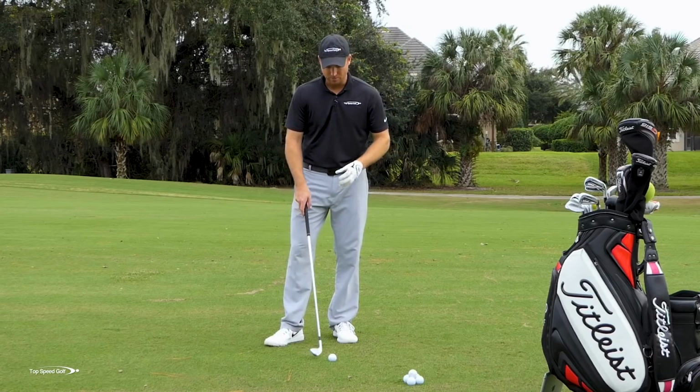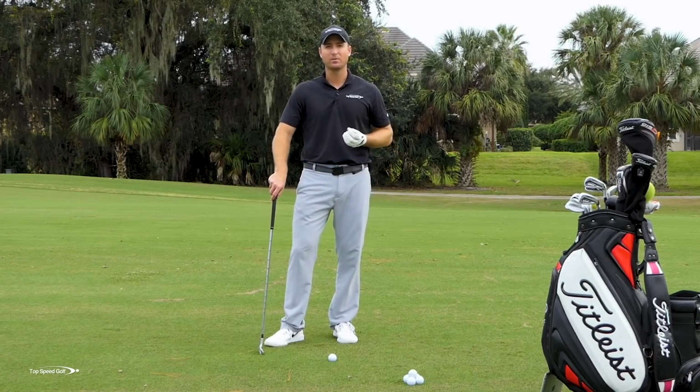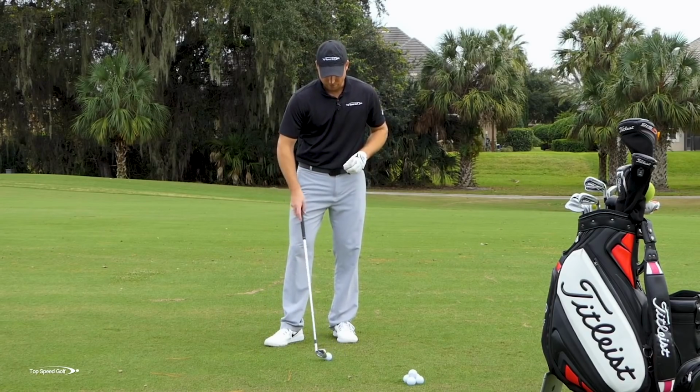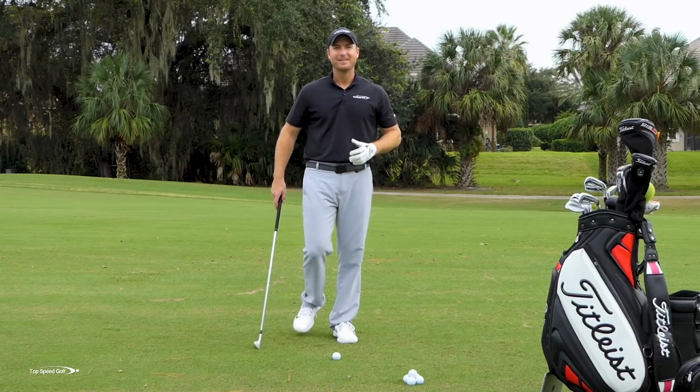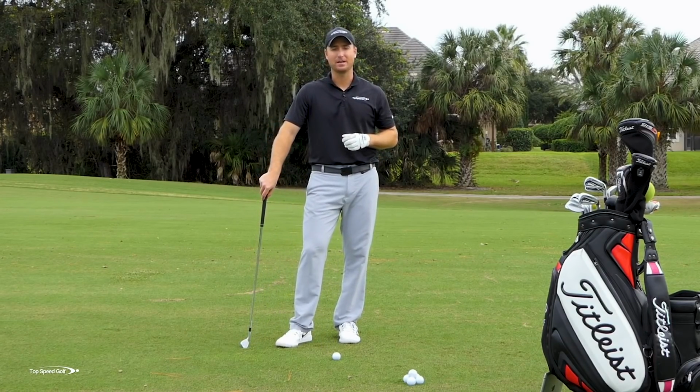But if you haven't videotaped yourself, do you find yourself having to tee the ball up on the perfect piece of grass? If the ball is sitting down, maybe it's a tightly mown fairway, maybe it's not setting up just right, you find yourself kind of moving the ball around back and forth until you just get it 1 millimeter higher than the normal lie that it had to try to give yourself any margin for error that you can. Odds are if you're doing that, you're probably flipping with your lead wrist,